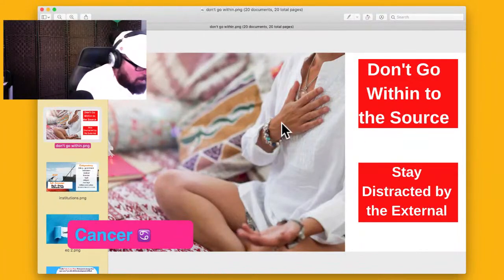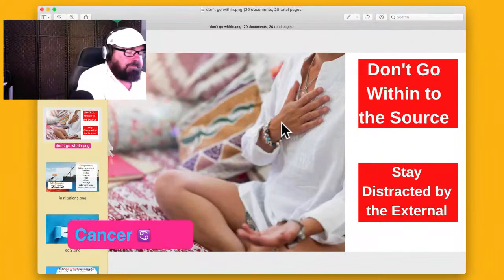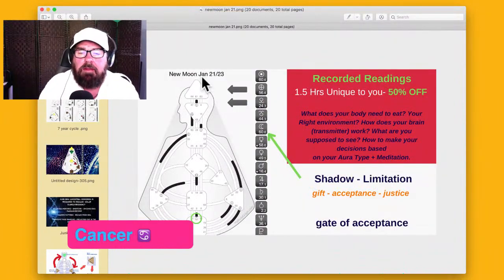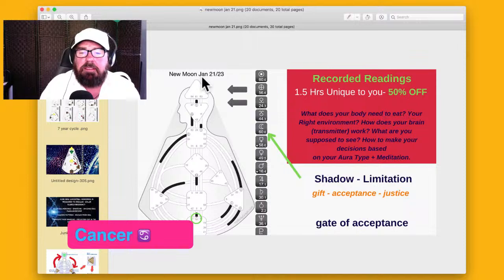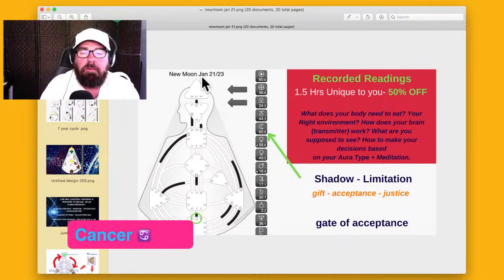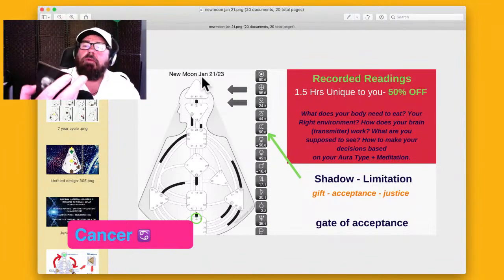Okay, what do we got for Cancer? This one's screaming. Okay. Oh, the same one as Taurus. You want to look back at Taurus. So this is about working with people, Cancer, rising, sun or moon. You got the Three of Pentacles, just like Taurus, and this is about work. It's about working with other people, collaborating and coming together, right? And then you've got the ego telling you, what would other people think?